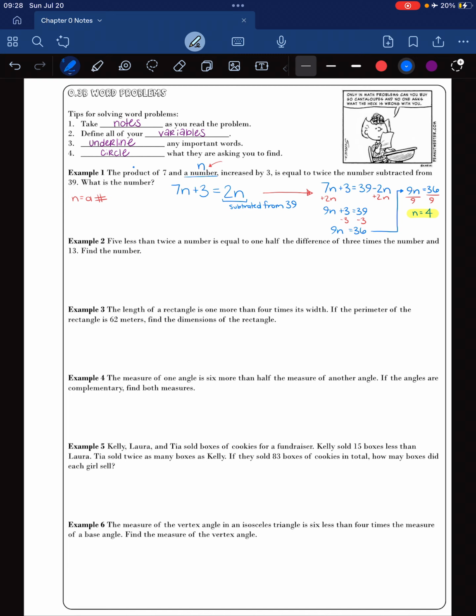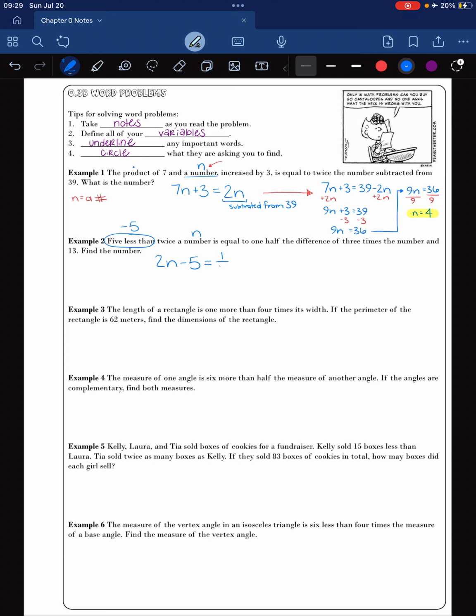Okay, let's try the same strategy in the next problem. 5 less than, okay, so for taking notes, 5 less than is always going to be a minus 5. So I'm going to do something, and I'm going to leave that note there. I'm going to do something minus 5. Then twice a number, okay, so twice a number, n. So now I have 2n minus 5 is equal to